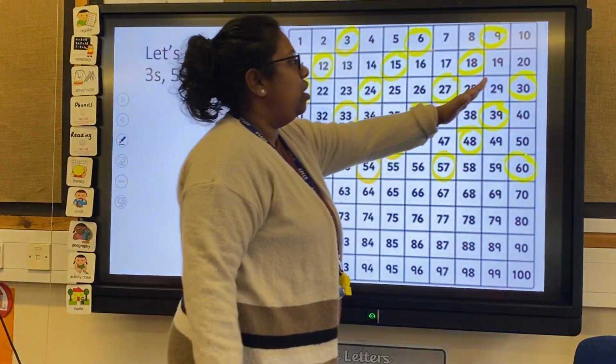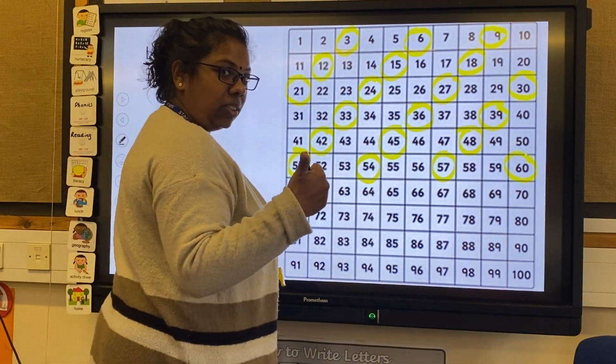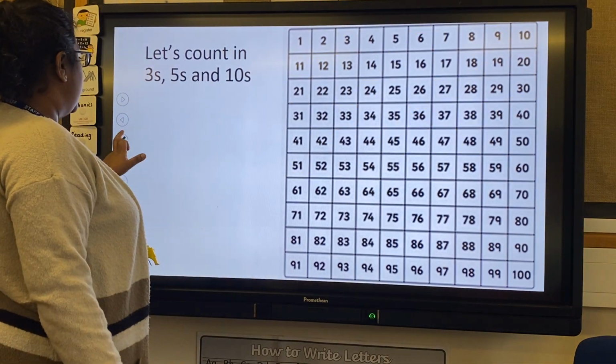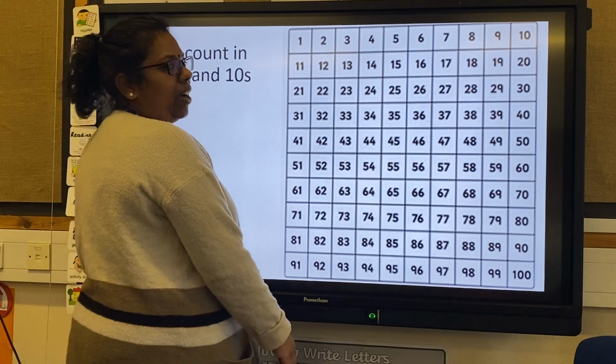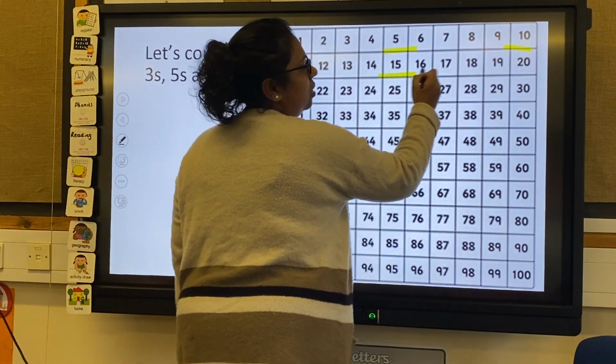In fact, I was actually using the number square to help me work out the pattern when I was counting. You see it? Fantastic. Okay, now let's try counting in 5s. So 5s are easy. We're going to go quickly. So let's go. 5, 10,